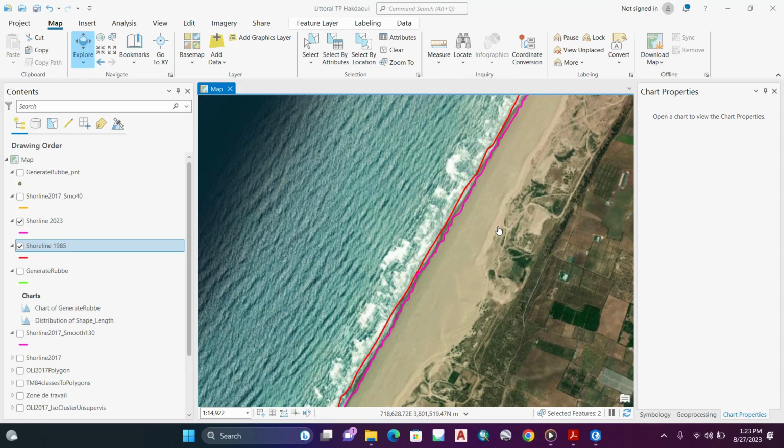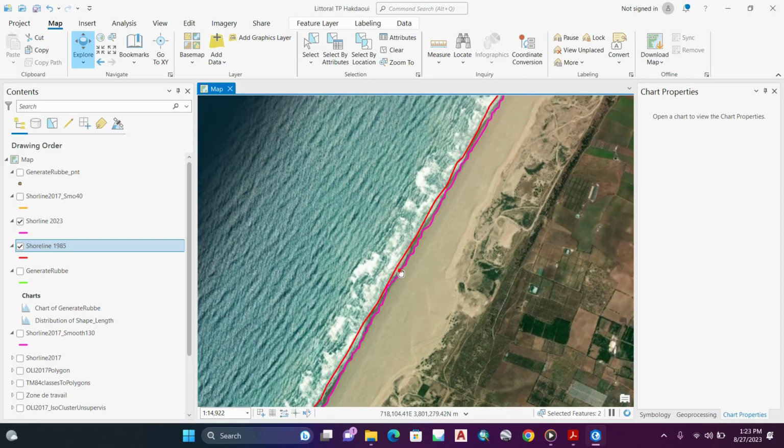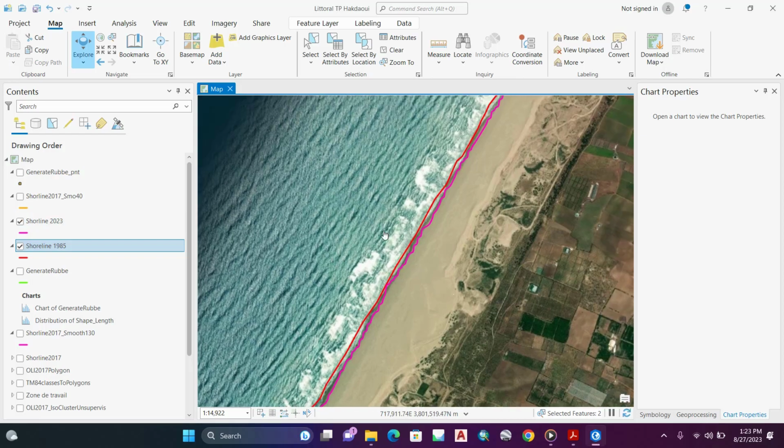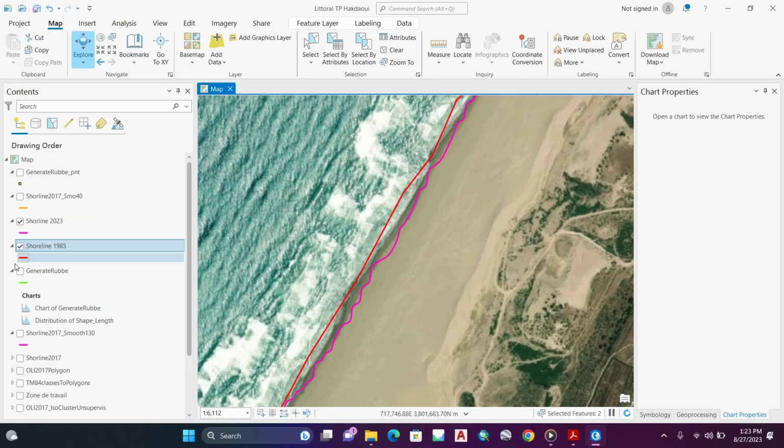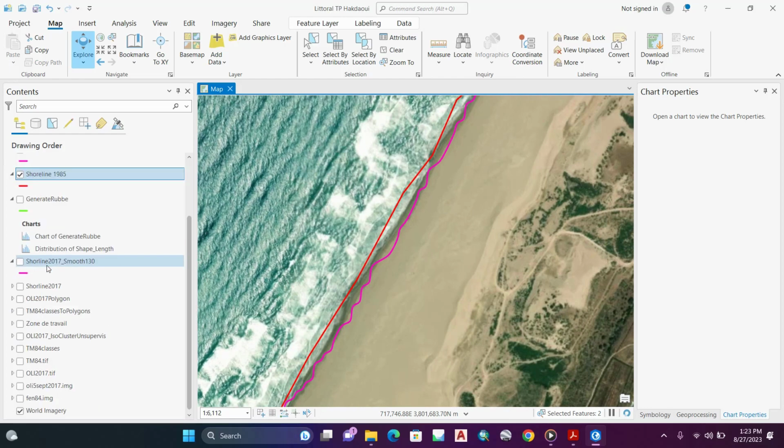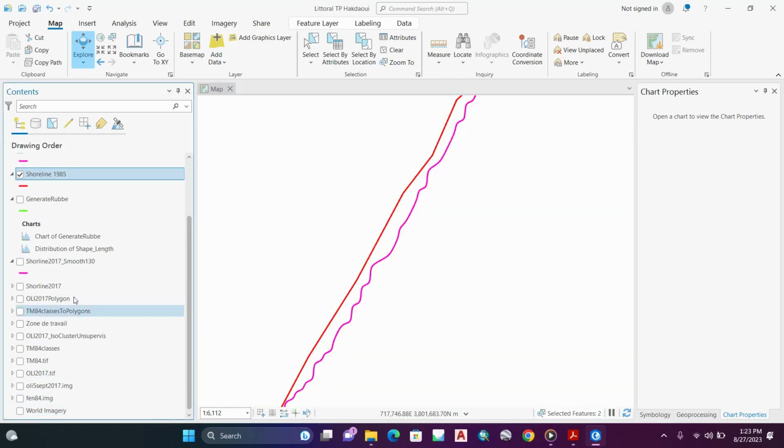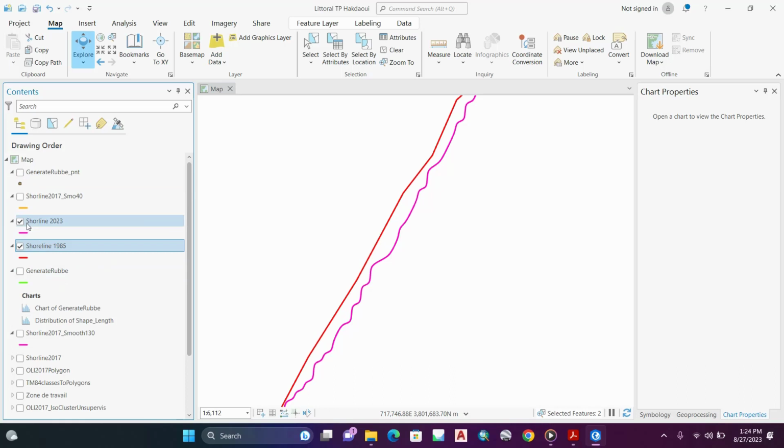So in this lecture we will see how to visualize and study the evolution of shoreline using ArcGIS Pro. As you see here on my screen, this will be the final result of this lecture. The pink line represents the shoreline of year 2023, and the red line represents the year